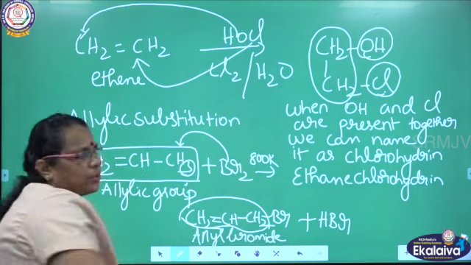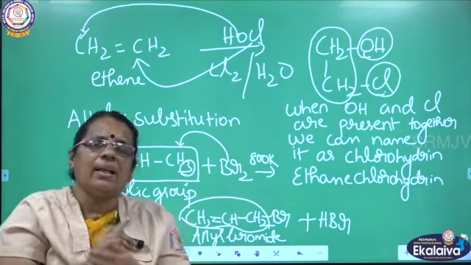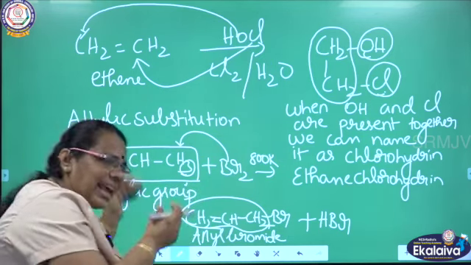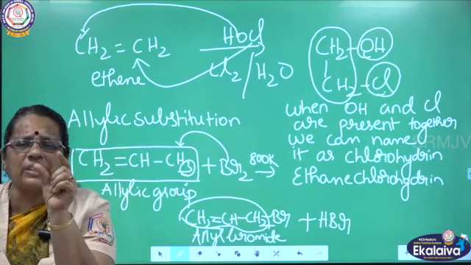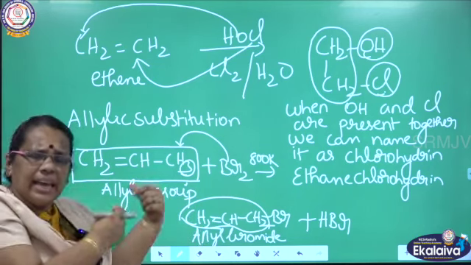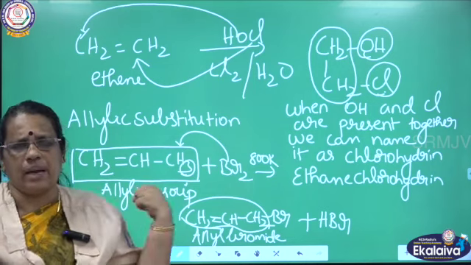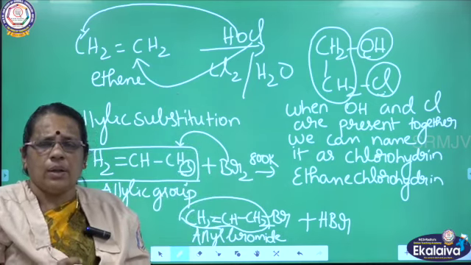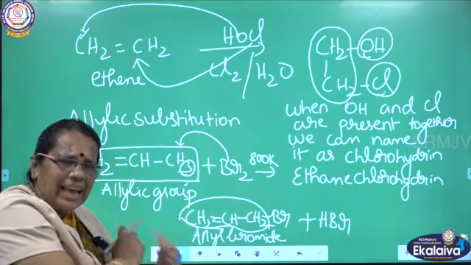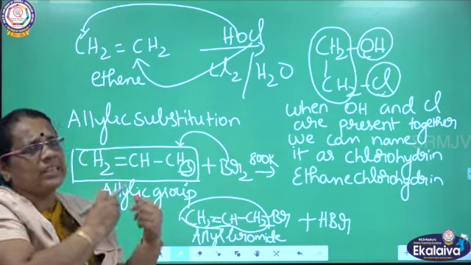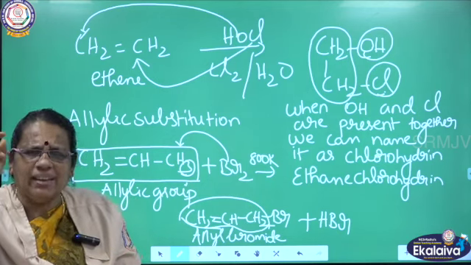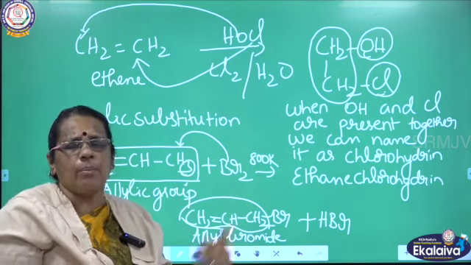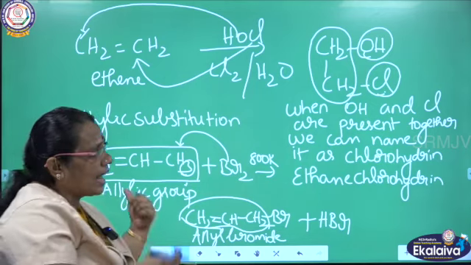So allylic substitution, that means what? To the allyl carbon, I am substituting atoms. So what atom is substituted here? Bromine. So allylic substitution is nothing but the allyl group being substituted by some other atoms. Here I have taken propene and added bromine at 800 Kelvin. One of the hydrogens is removed from the allylic group and in its place bromine is substituted. One more bromine is ready, so the removed hydrogen combines with it to form HBr. So the compound I am getting here is allylic bromide, or allyl bromide.